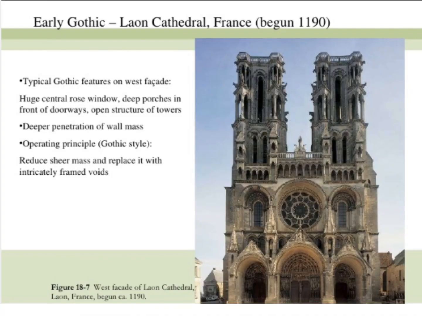This is the Leon Cathedral. It has typical Gothic features. It has a huge central rose window, 3 voussoirs, or 3 portal doors, and a deep penetration of the walls in the top mass. So you can see in the spires that are in the front facade that you have these deep cuts into the facade. That's a bell tower there. And the deep cut allows the sound of the bell to be rung and heard throughout the local area.